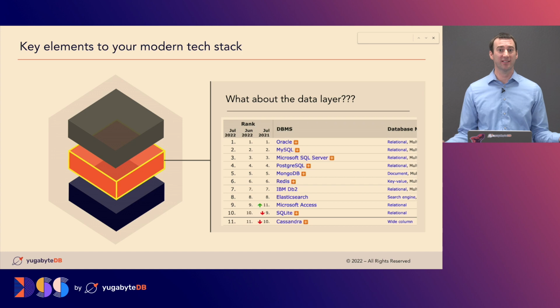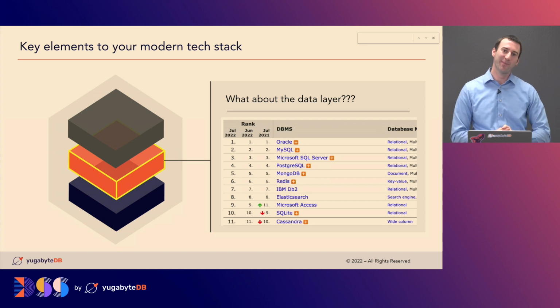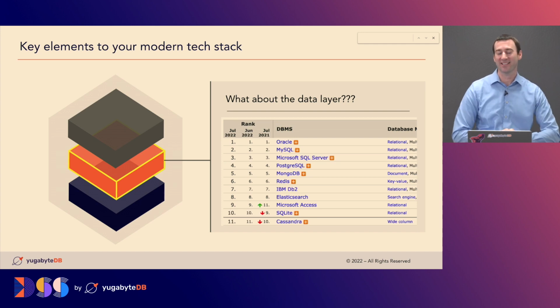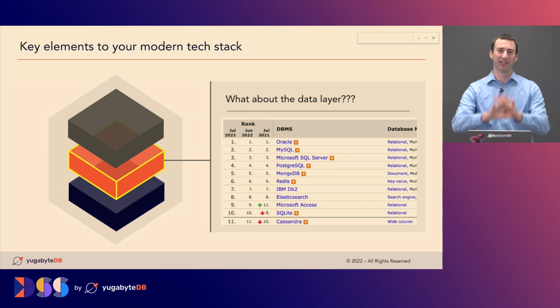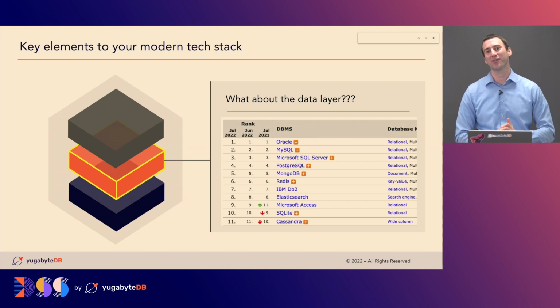If you look at DB-Engines, a great proxy for all the databases out there and how they rank, those top 10 databases today are pretty much the same databases that were there 10 years ago. Number 1 on the list, Oracle. Oracle released their first relational database management system before I was born. And don't let the camera filters fool you. I'm not that young. I'm getting gray hair. It's been around for a while.